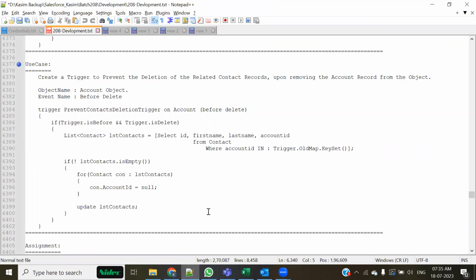All right, so now let's talk about this scenario where we wanted that if you would delete an account record, all the related contacts should remain and should not be deleted. Now, if you remember, we studied this in the admin part while discussing relationships. I told you there are certain special forms of relationship,